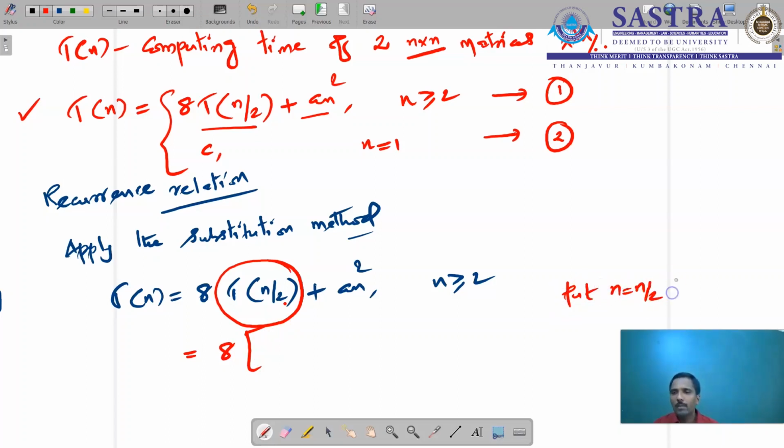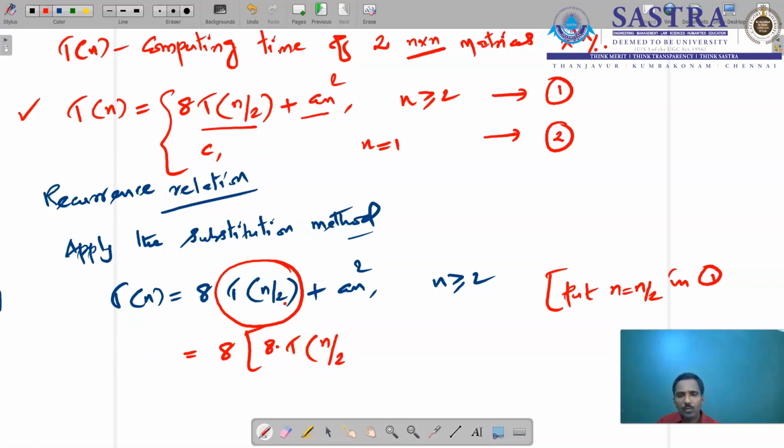In the left hand side, the function name is T(n). Substituting n = n/2, we have T(n/2) = 8 T((n/2)/2)